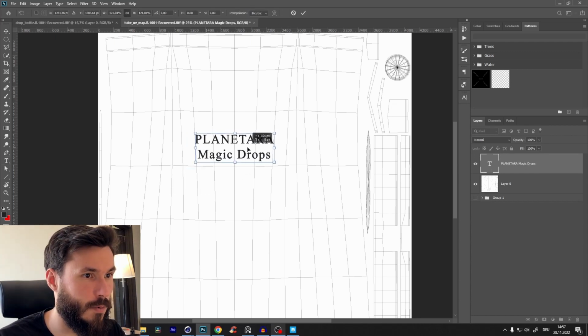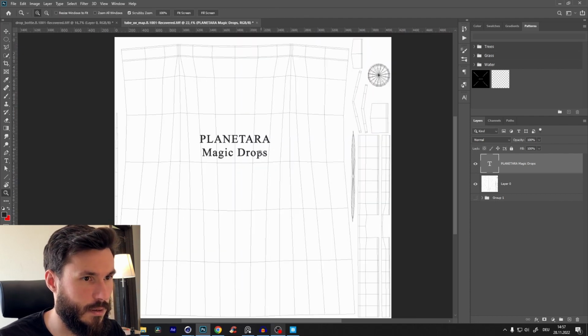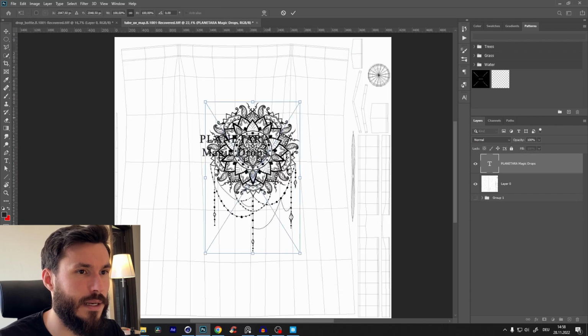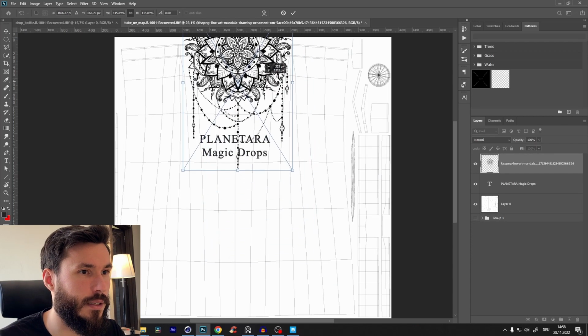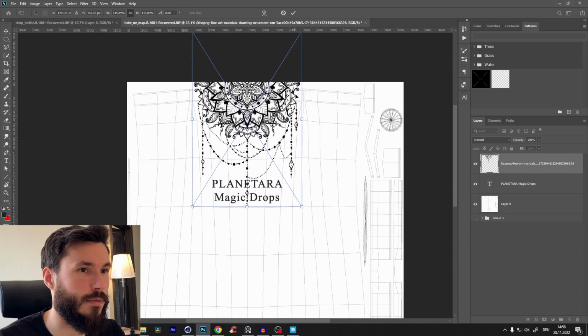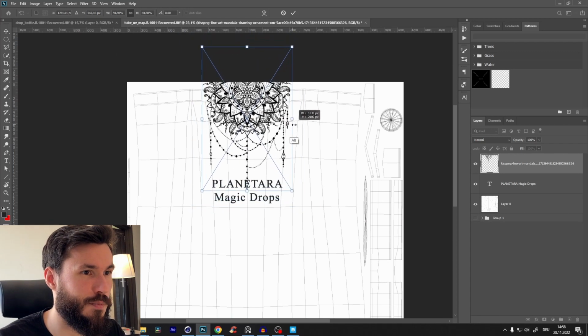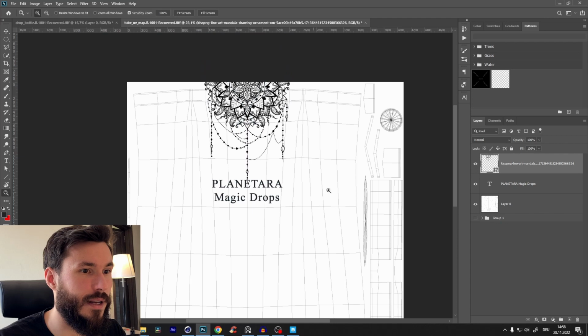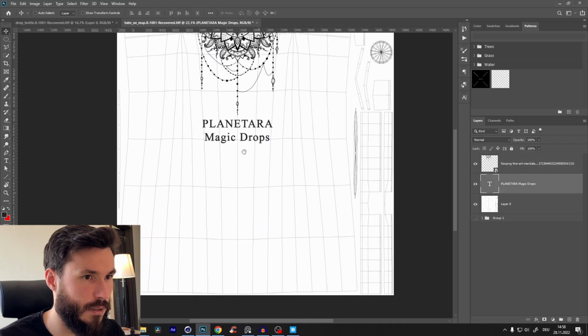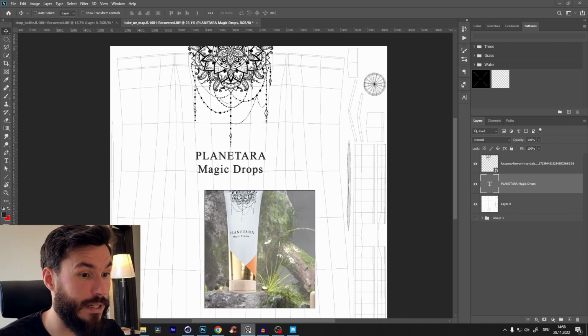Bring it somewhere, definitely here, kind of in the middle. But we can definitely adjust it and just see how it will look. But I will just have here some mandalas. I will just bring a mandala, and I think that looks pretty nice because it's also kind of, I don't know, mysterious, spiritual, something like that. I think I like that. And let's just bring the font a little bit down, and now we can create this kind of stuff,